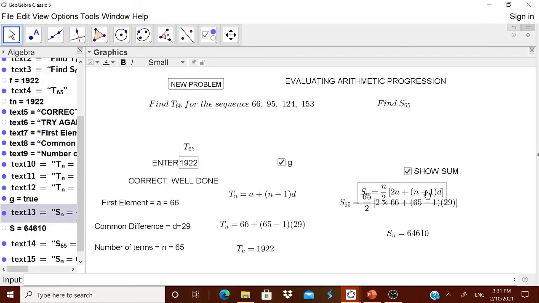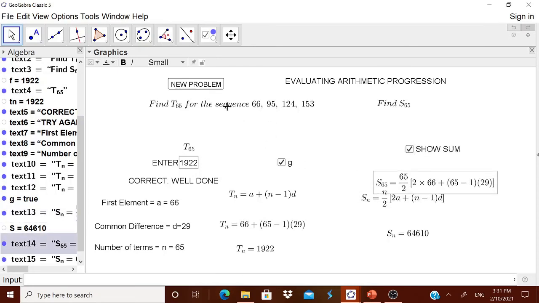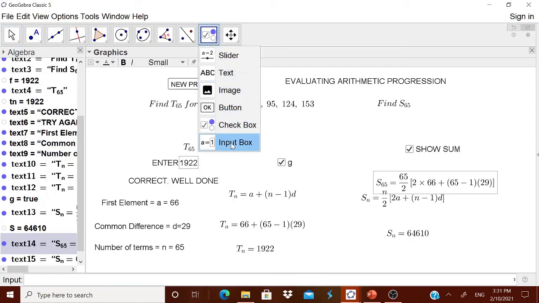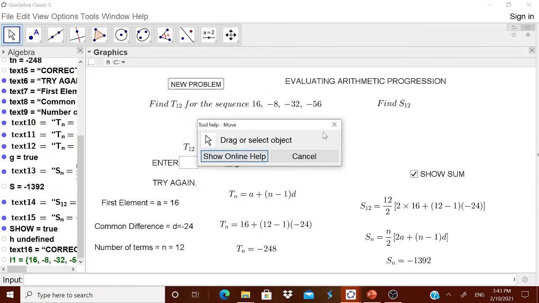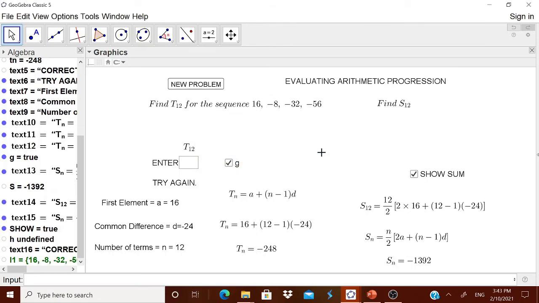Is it okay? Okay, we can have an entry for sum also. For that, what you have to do? Go for this input box. Here once again you type enter sum. Okay. What should be the? I think for that I think we have not taken any. Okay, as we have here entering the value for the T12 or whatever may be Tn and then checking the answer. In the same way, the child can enter the summation and also he can check the answer.